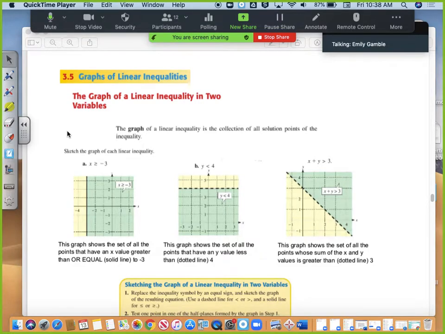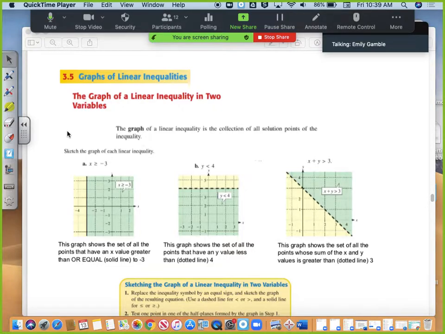All right, so from that introduction video, you could see how to graph a linear equation and relate it to how to graph a linear inequality. So we're still going to be seeing inequalities just like equations are in slope-intercept form. You still have to plot the y-intercept. You have to use the slope to get to another point. But then things are going to change because now we're going to be seeing inequality symbols instead of equal signs,